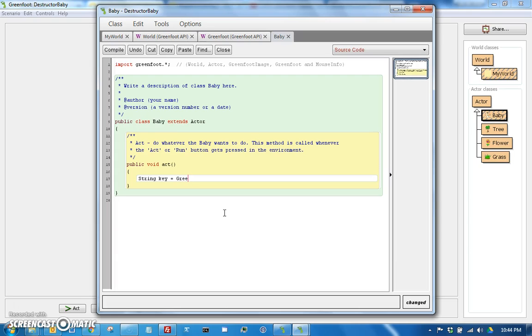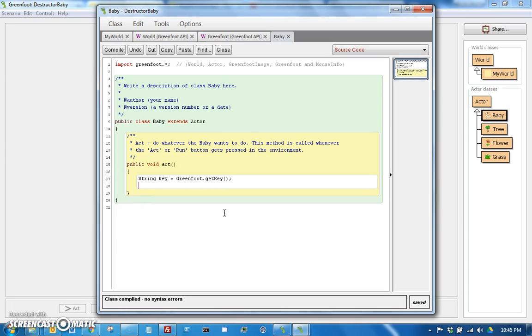Remember this is static, so it will return the last key that we pressed. If I called it again after this, it would be null. So I gotta make sure that now I've stored that value, I say if, key,